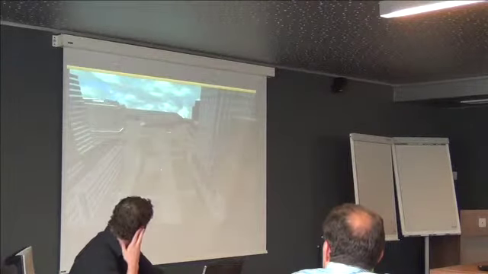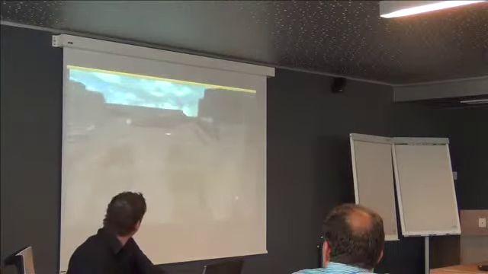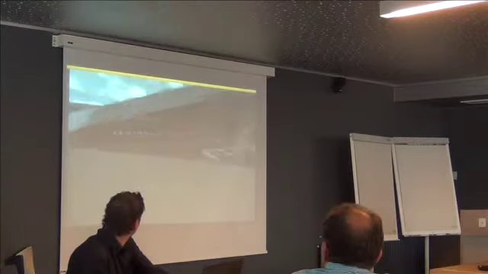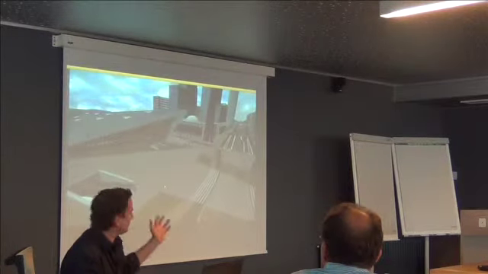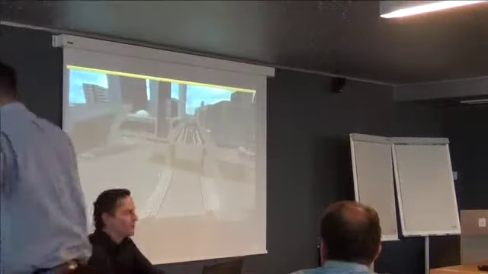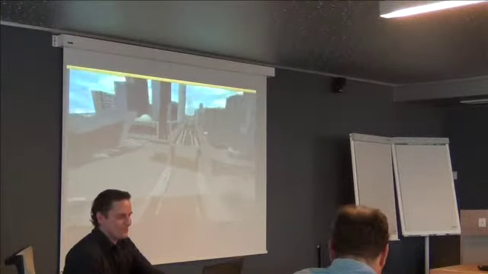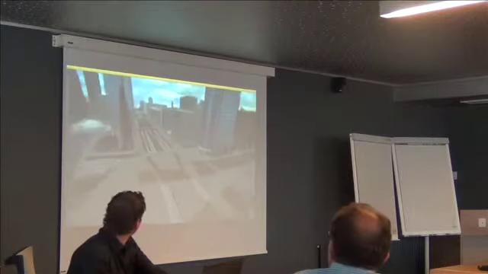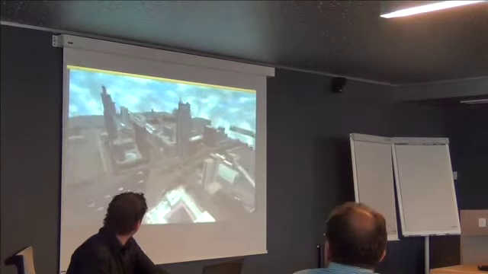So we simulated a part of the city center of Rotterdam. You see here the central station. It was already in the simulator long before it was actually built. You can finally use it now. It's also one of the advantages of the simulations. So to get a sense of the scale,